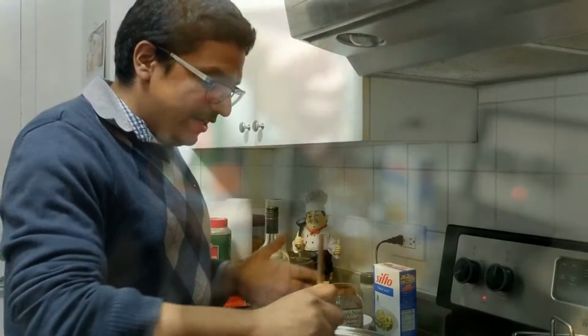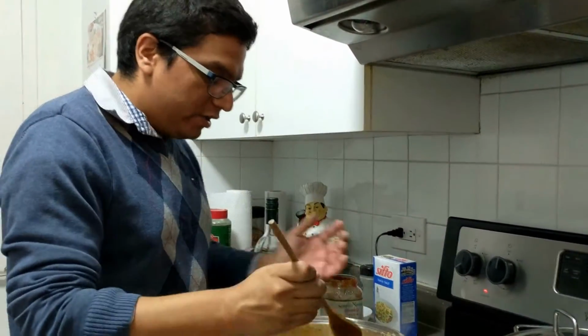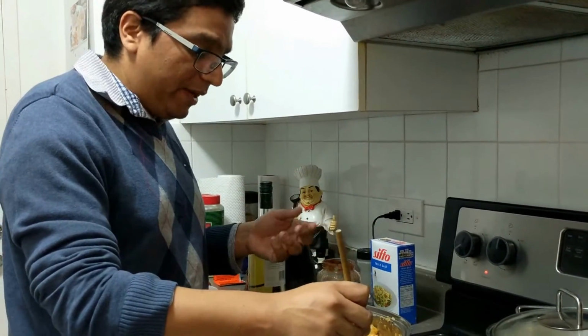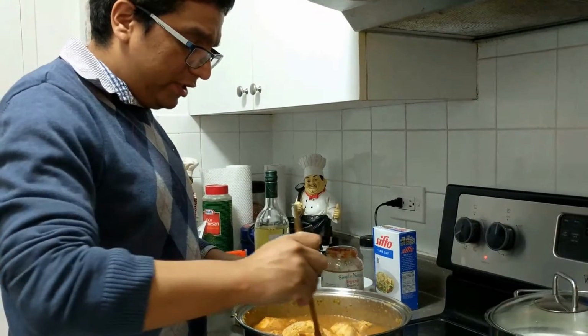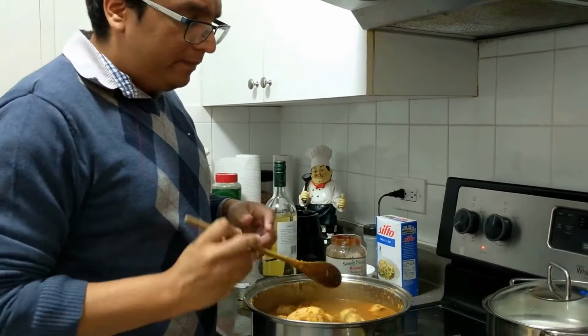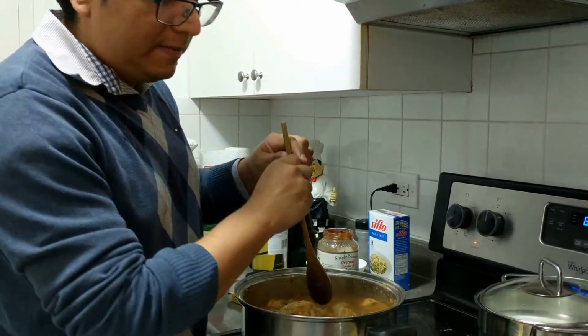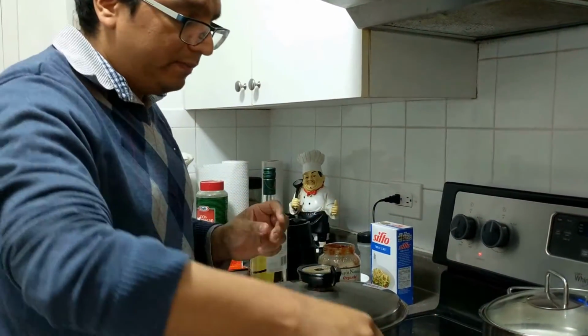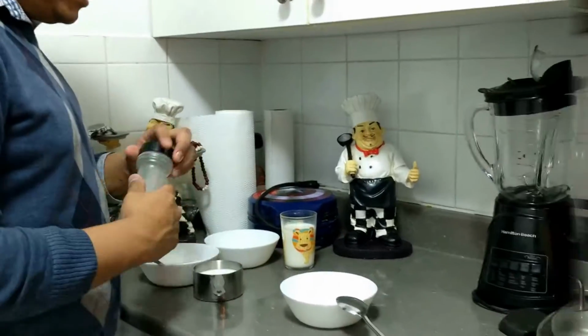Right now, after you put the white wine and the tomato sauce, you just taste a bit to see if it has good flavoring. It does. We stir it just a little bit more. We turn down the heat a bit, and we leave it so that the chicken finishes cooking. In parallel, we're going to be doing